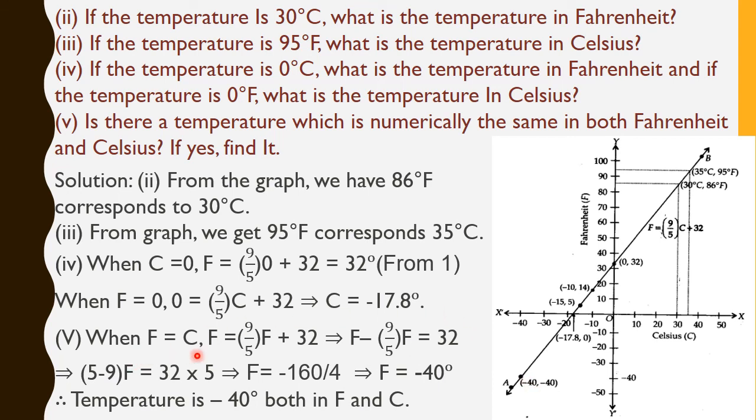So if we take F is equals to C, then in the equation F is equals to 9 by 5 C plus 32, we'll put F equals to C. So instead of C, we have put the value F. Now if we just keep on calculating, we will get the value of F as minus 160 by 4, and ultimately Fahrenheit will be minus 40. So since F is equals to C, that is the Fahrenheit value and the Celsius value, both will be minus 40. So here we can plot minus 40 comma minus 40 will be the point where both the